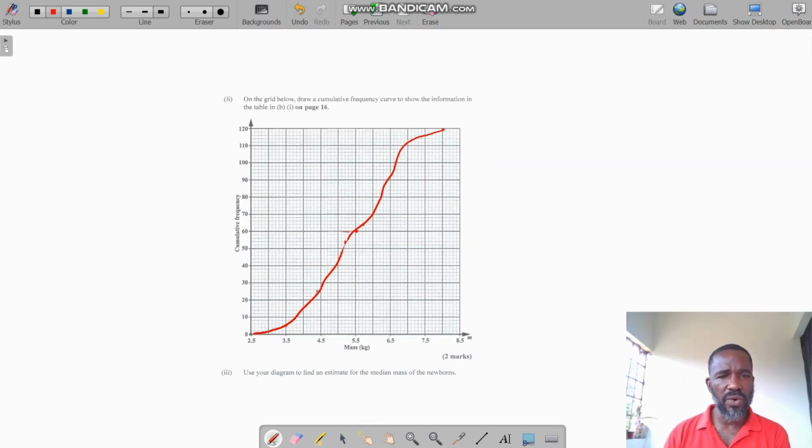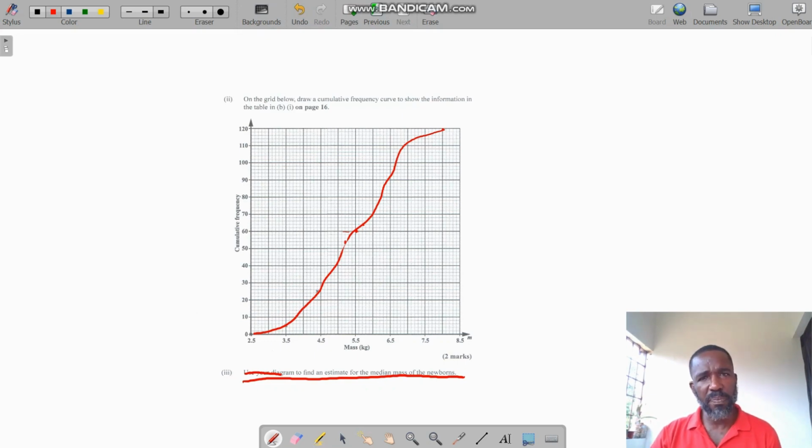having now drawn your ogive or your cumulative curve, you are now asked to estimate the median mass of the newborn. So here we are asked to estimate the median mass of the newborn. Okay, so the median corresponds to 50%. It is that mass that corresponds to 50% of the cumulative frequency. Now, the total of the cumulative frequency,